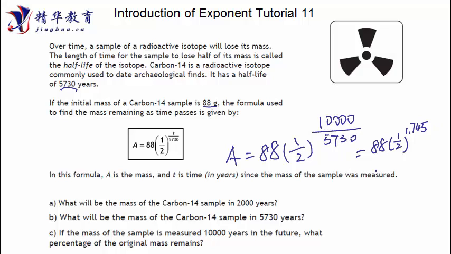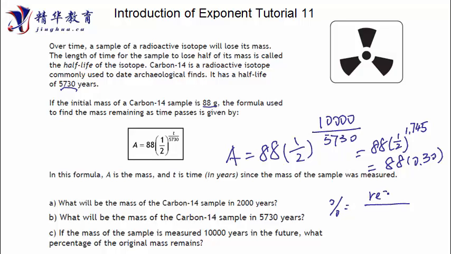And then if we use the power button again, regarding 88 times 0.30. Okay, good. That means one half to the power of 1.745 is 0.30. Okay, times 88. So we don't even need to multiply it. Why? Because we are not asking for how much is left. We are asking what is the percentage of the original mass that remains? Percentage of